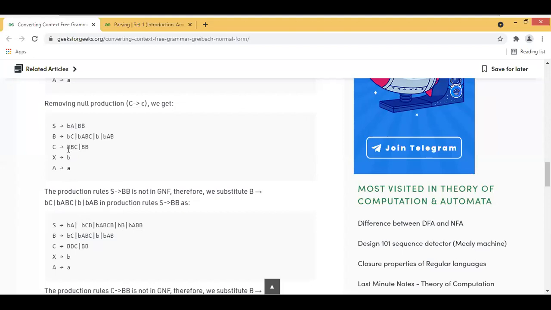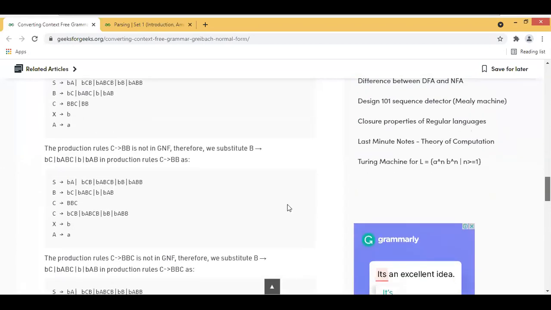In the place of this B, you need to place all the rules of the B, and you need to get it into the form of GNF here also. So finally, after substituting those, the rules are like this. Now B becomes in the form of GNF, S becomes in the form of GNF, and in the C